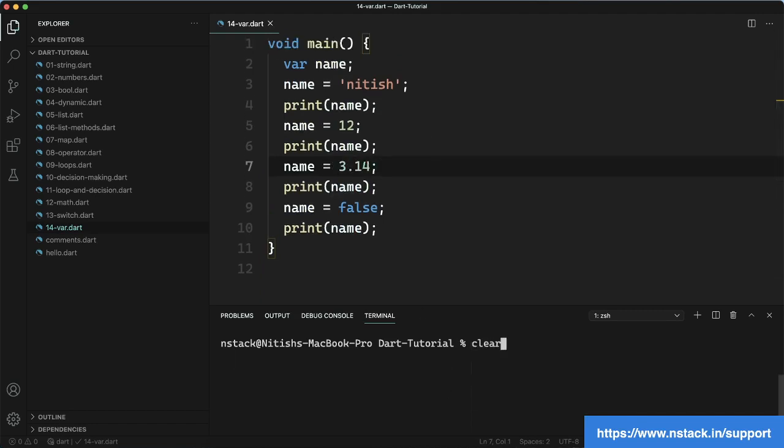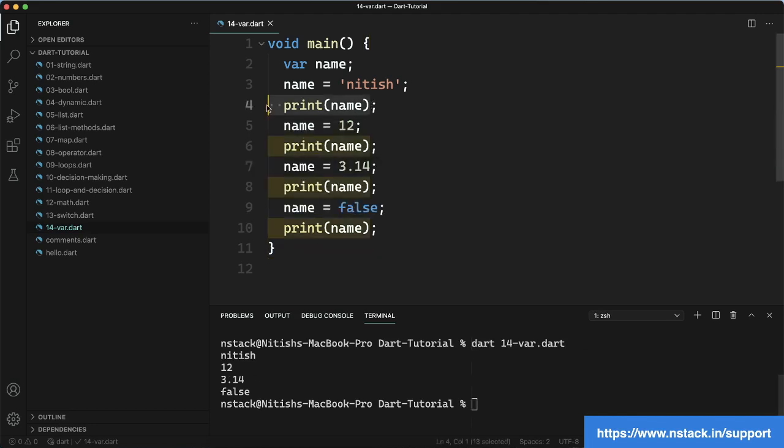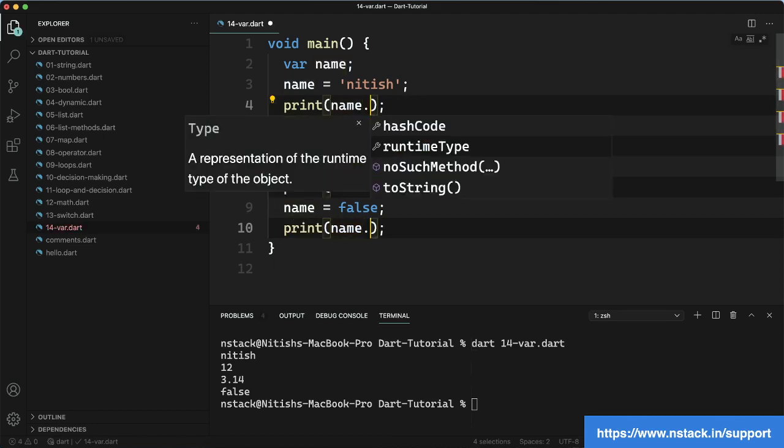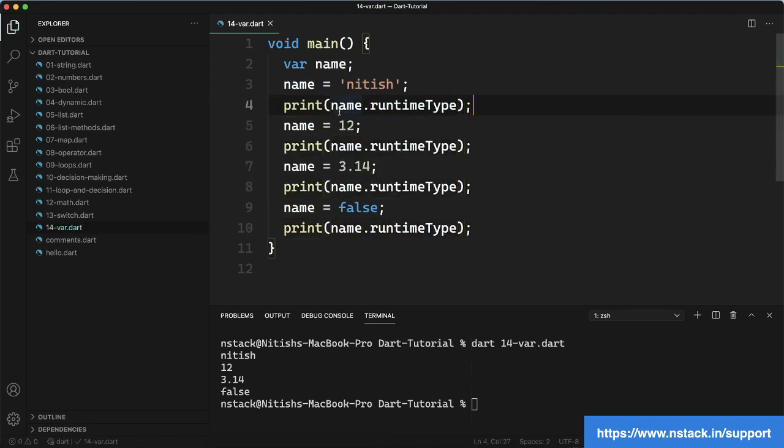So first of all, I will print this. So how we can print that? By writing the dot space file name. You can see that we are getting this. So now what I want to do, I just want to show you the runtime type. If you remember, there is a runtime type which you can apply on any variable. When you apply that, this is going to tell you the data type or the type of that variable at runtime. So let's run this and yeah, so it is saying that at this point it is a string because string is stored. After that it becomes integer, after that it becomes double, now it's false at the end. So I hope you got the point, and this is how the dynamic also works.